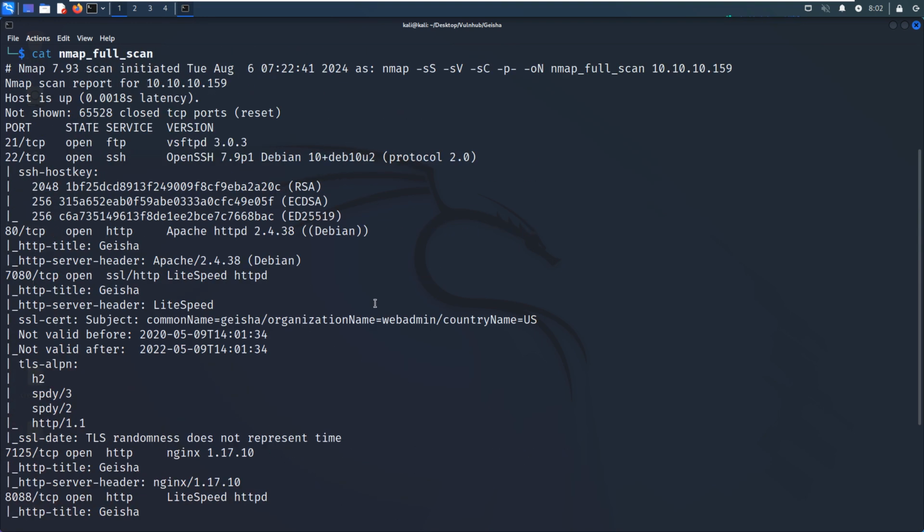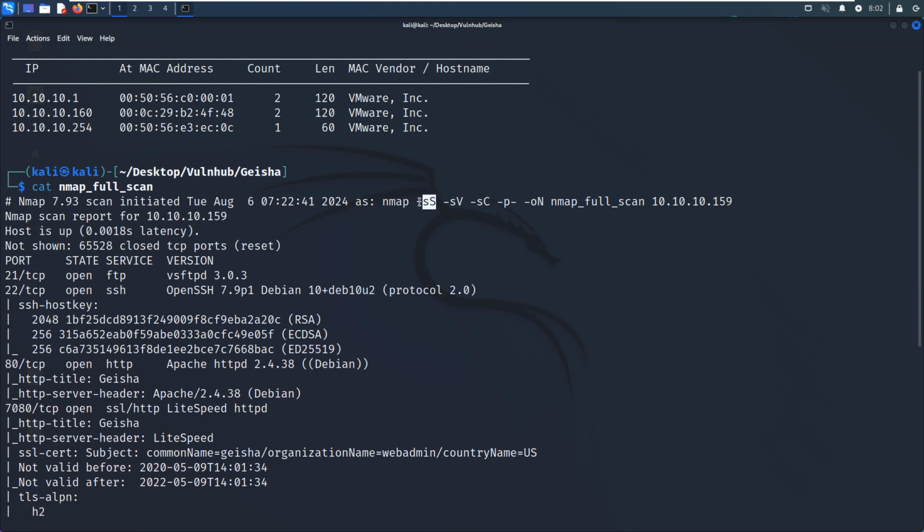As you can see over here, I use the options like -sS for SYN scan, -sV for the version scan, -sC for the default script scan, followed by -p- to do the full range port scan. The last option, -oA or -oN, is to output the result into this file.